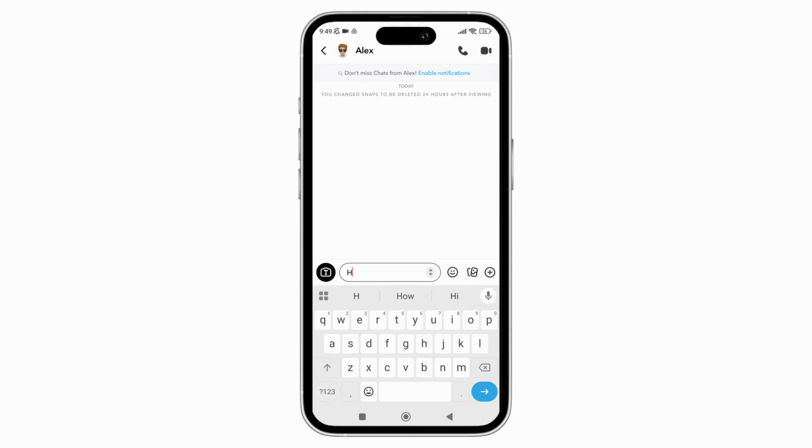Once you're done typing your text, just beside the text button, you will see the option which has a downward and upward arrow. You can just tap on it. Once you do that, you can just drag up and down to make your font size bigger or smaller. So here, if you drag it and release it,